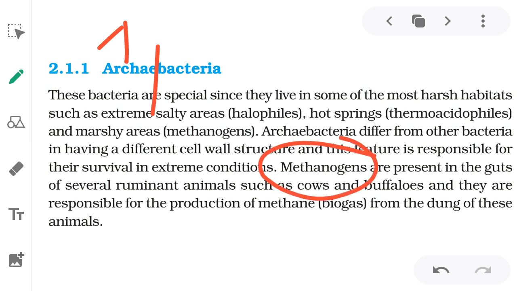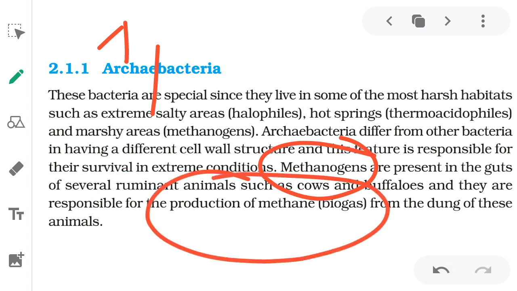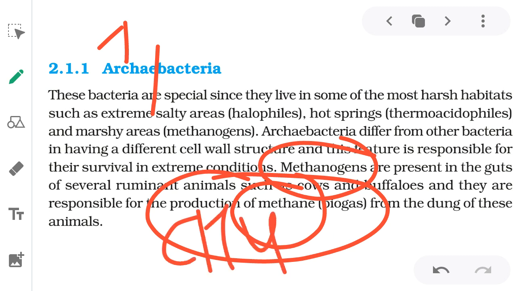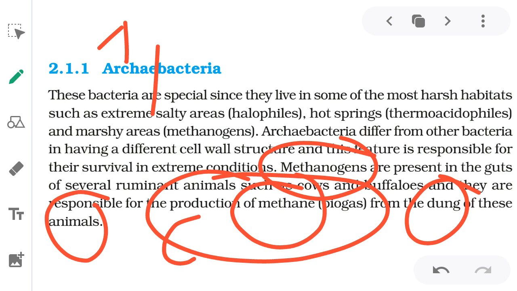Methanogens are present in the guts of several ruminants such as cows, buffaloes, and they are responsible for production of biogas, means methane. Formula of methane is CH4. Okay, biogas from the dung of these animals, गोबर जो होता है, उससे हमें मिथेन जो मिलती है।